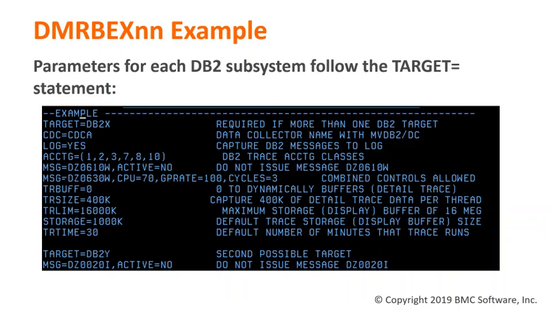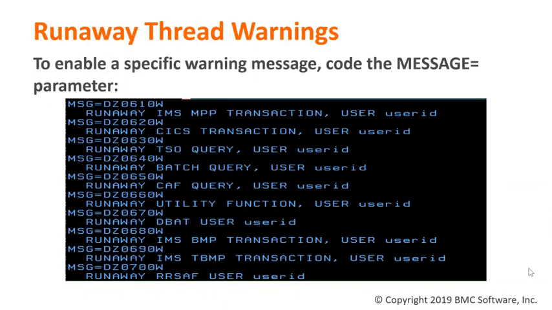These are the ones that control the execution of what are called the background sampler exception monitors, which are used to automatically warn users of runaway DB2 threads. The message equal parameter controls what types of DB2 threads you wish to monitor for runaway queries or a high level of activity. For example, the